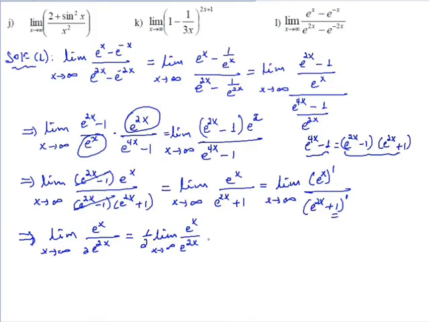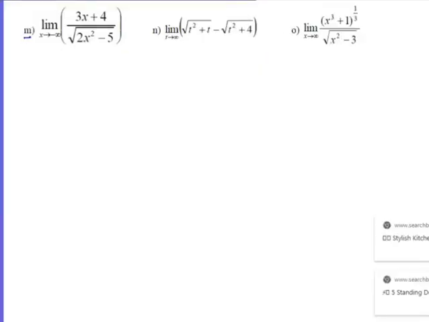So e to the power of x over e to the power of 2x means e to the power of minus x as x approaches infinity, or you can make it 1 over e to the power of x. So this means half of the limit of 1 over e to the power of x as x approaches infinity. The limit of this becomes 0. So half times 0 becomes 0. Okay, in the m part, we have the limit of